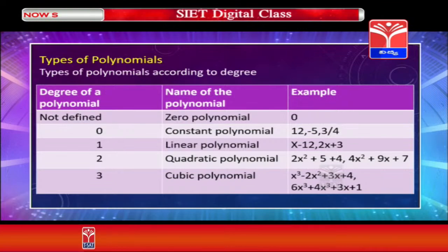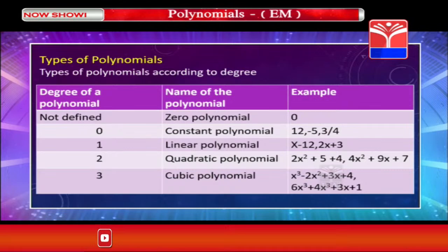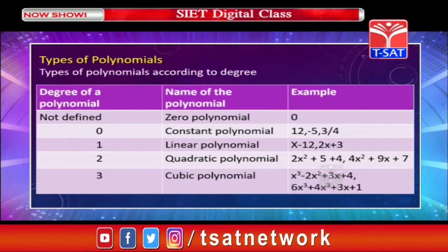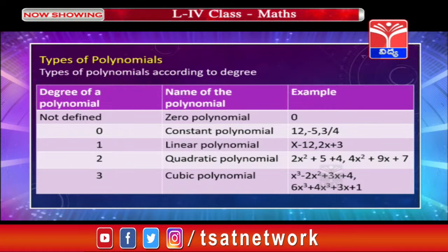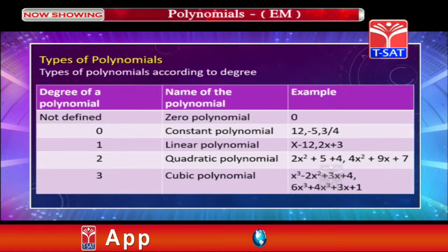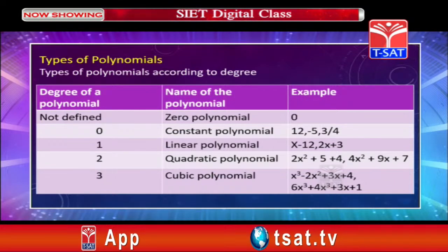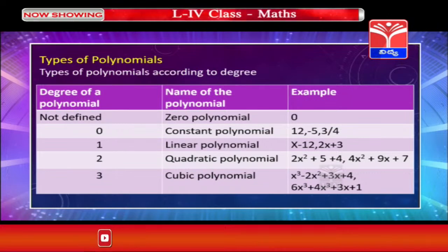polynomial. Okay. The next one, let us take some numericals, that is 12, minus 5, 3 by 4, like take any numerical value. These are said to be constant polynomials. 12 you can write as 12 times x to the power of 0, correct. So, what is the degree here? 0. So, we can say the degree of the polynomial is 0, and such polynomials are said to be constant